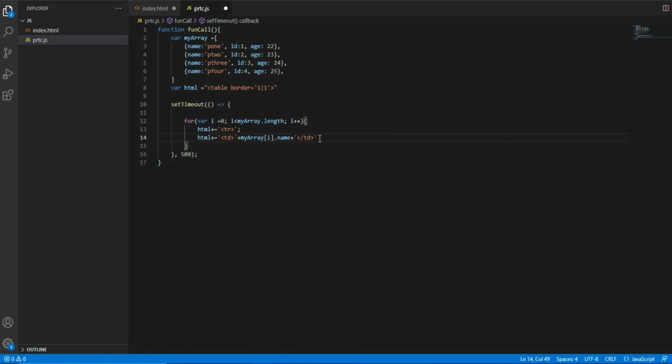In the same way I will copy this three times, for name, age and id. Then we will close the tr tag.